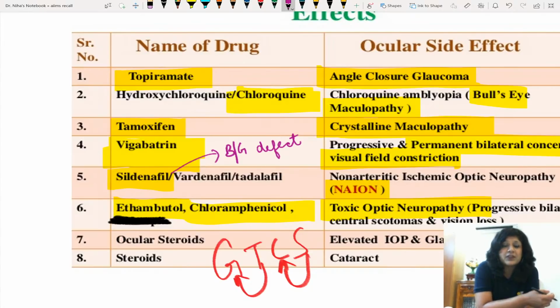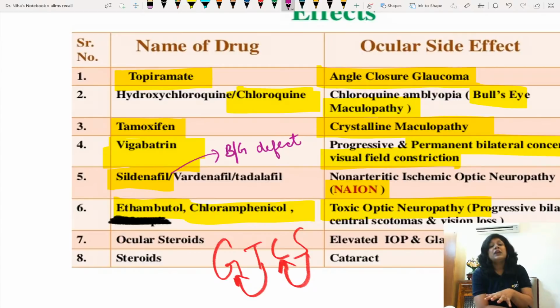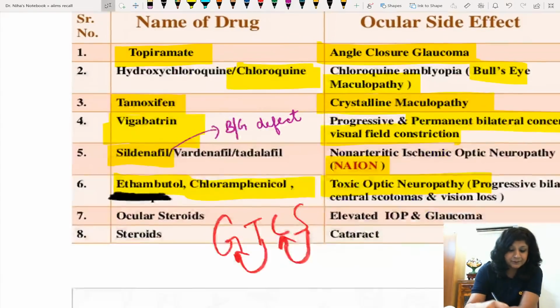So there are a lot of color defects as well as blindness, which is also occurring with the help of drugs. So it is a good idea that we can accumulate everything at one place. Like we have read all the things in different chapters. You have read about bullseye retinopathy, toxic cataract, toxic optic neuropathy. You have read about the vortex keratopathy. Now make one chart at the end of your register and write all the drugs and their ocular complications there. So I think that will be a good way of remembering the things. Okay.